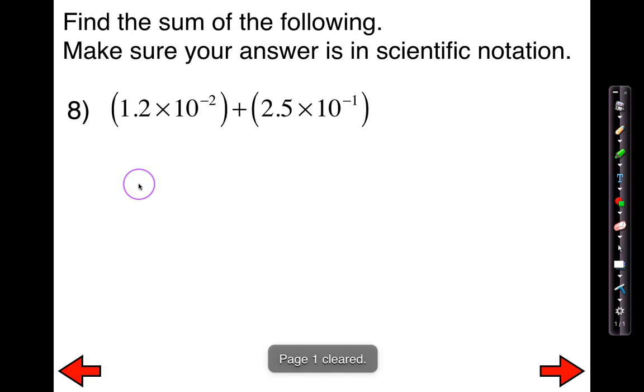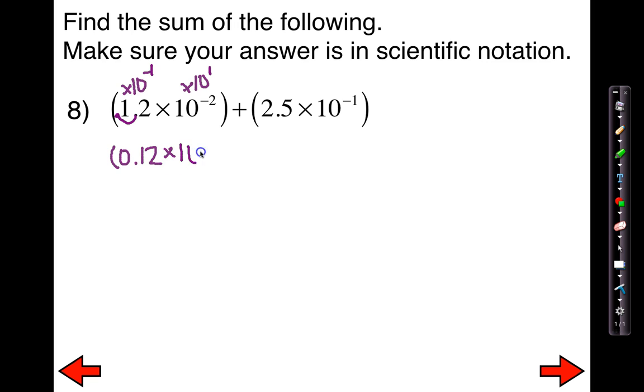Okay, so let's go ahead and try number 8 here. We have a choice. We can either turn both exponents to a negative 2 or both to a negative 1 because they don't match already. I am going to pick the larger exponent, which is a negative 1. So in order to do that, I'm going to go ahead and multiply this by a positive 1 to make it match. And by doing that, I'm going to have to even things out by multiplying this by 10 to the negative 1. Moving my decimal over once,